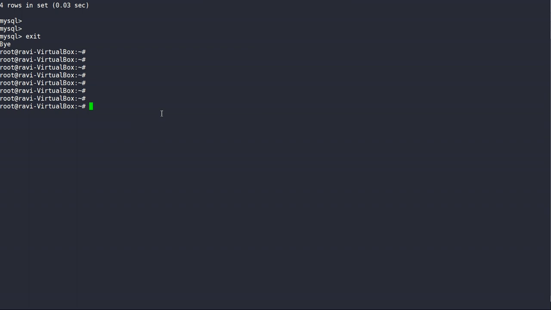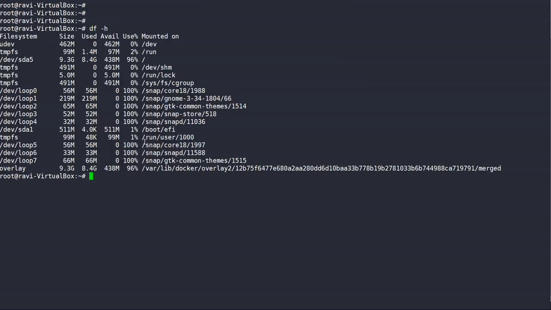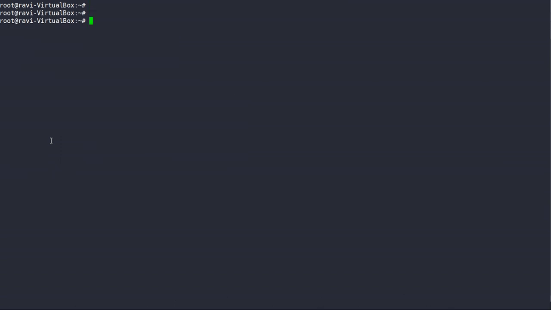Currently we have not specified a dedicated, separate volume for my MySQL container, so it will utilize the root space of your host. So it can fill your host root space. These things we will discuss in detail when I discuss the volume concept in Docker. So for now, I hope all the commands are clear to you.